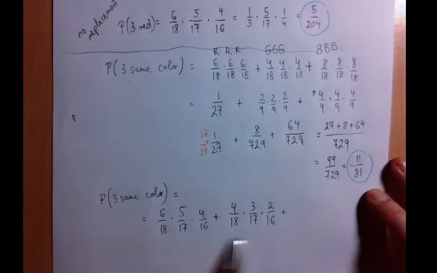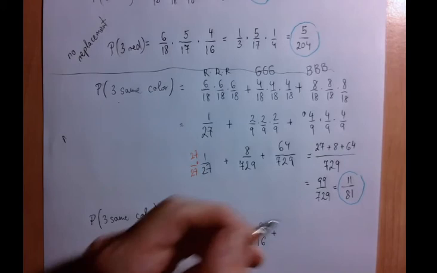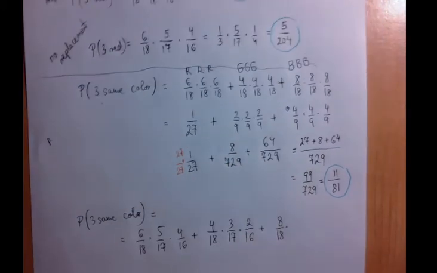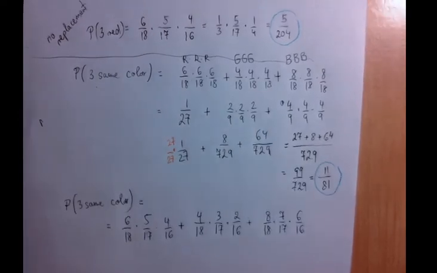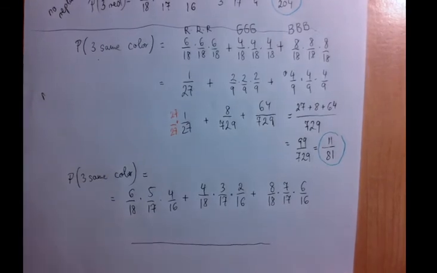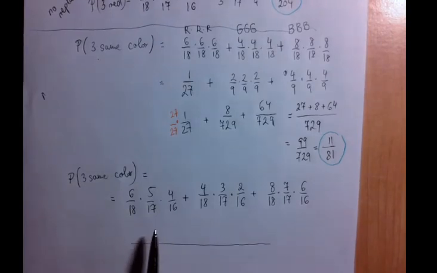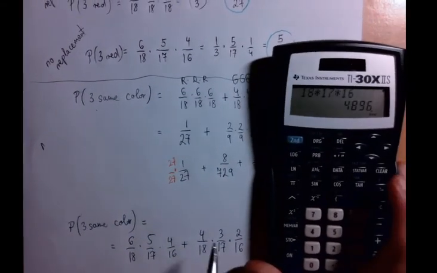And notice that the denominator is going to be the same. Finally, 3 blue, that would be 8 over 18 for the first marble, 7 over 17 for the second one, and 6 over 16 for the third one. Let's just bring the whole thing to the common denominator, which is 18 times 17 times 16. And let's remember this, because when we're looking for common divisors, it's going to be whatever 18 or 17 or 16 has. When we multiply those three, we get